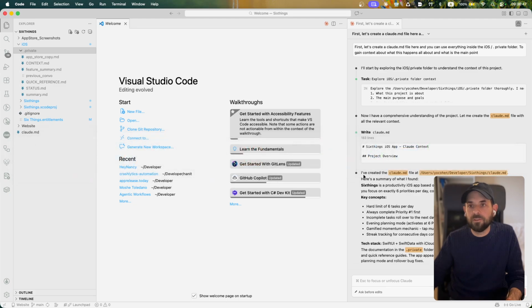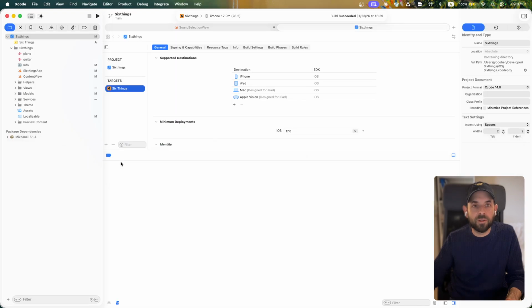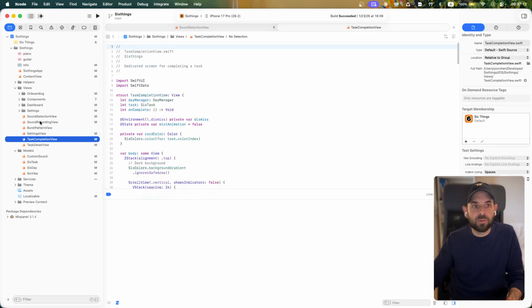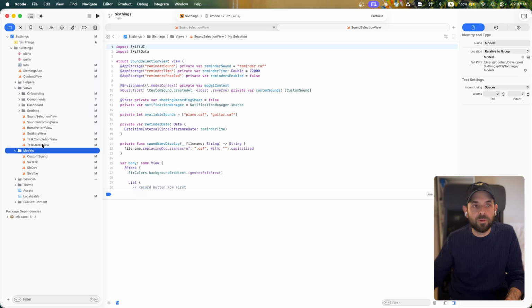I'm using VS Code to talk with Claude and created this app. The basic structure of the app at the beginning wasn't so great, but eventually what I created was a project where all of what you see here has been created by Claude. And there was a lot of back and forth, back and forth, back and forth.